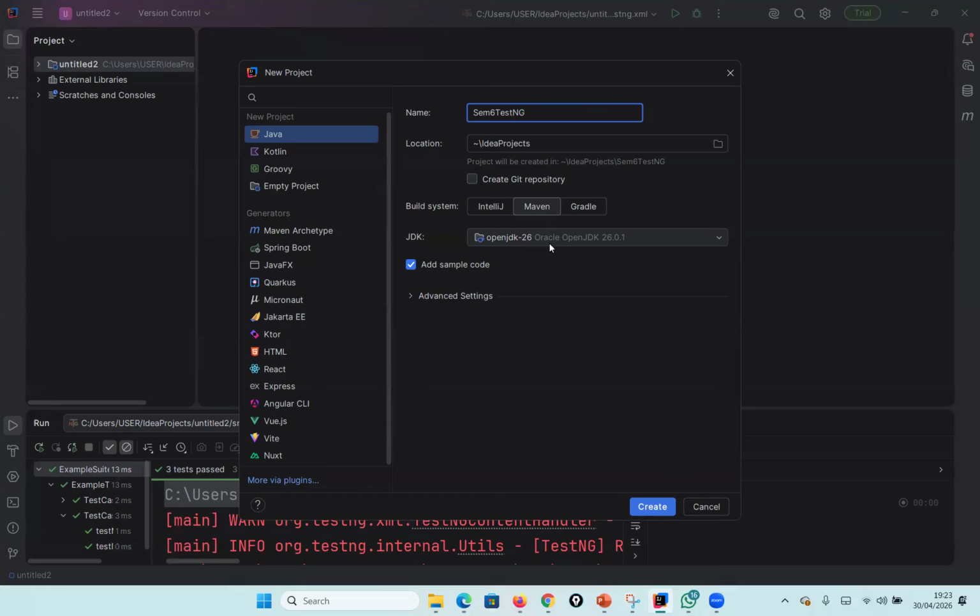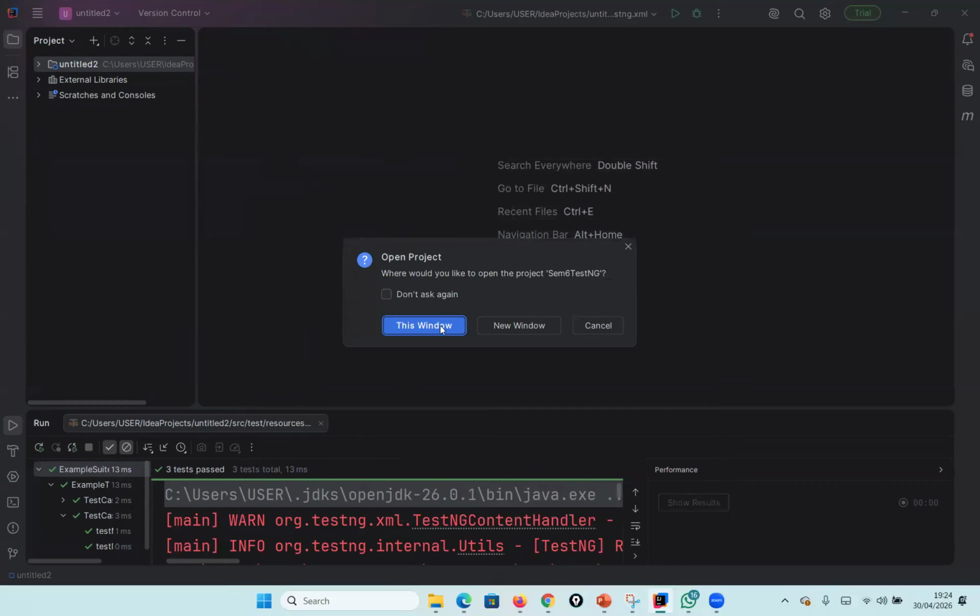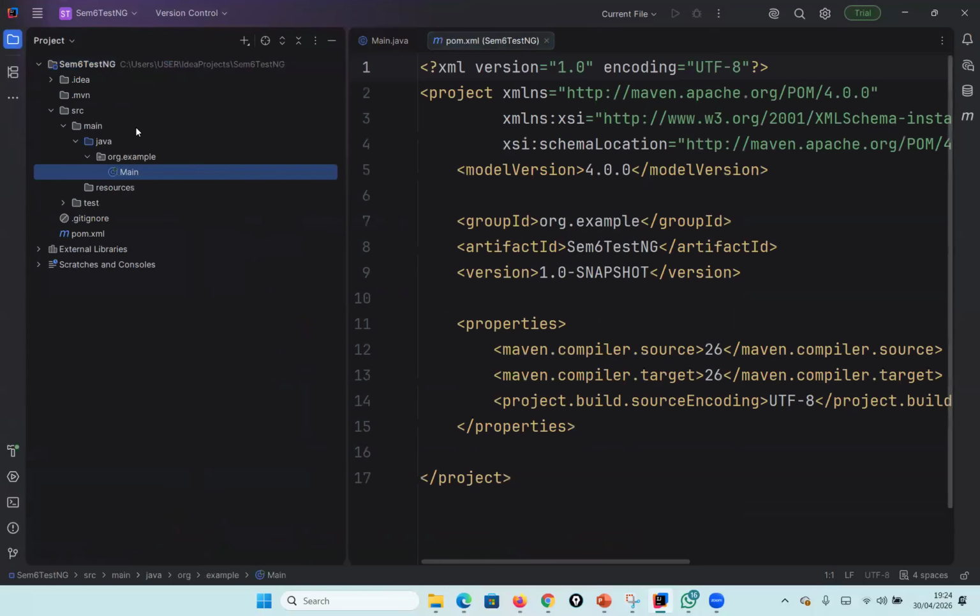And for JDK, I have used the latest JDK I have. Whatever JDK you have, don't worry. That's it. Make sure you select Maven as the build system, right? So then you say create. I'll say this window. So then this is the only project I have, and it has already opened the